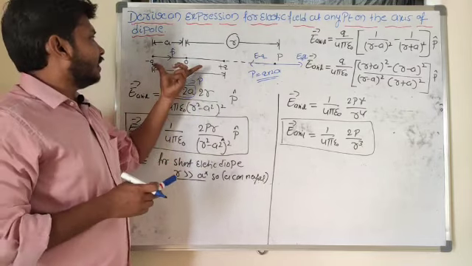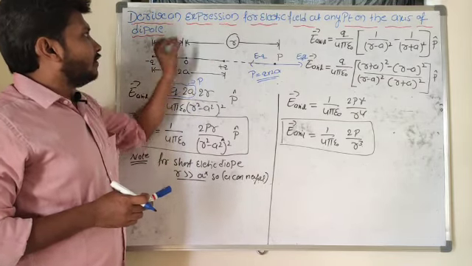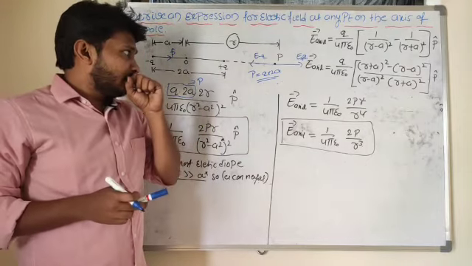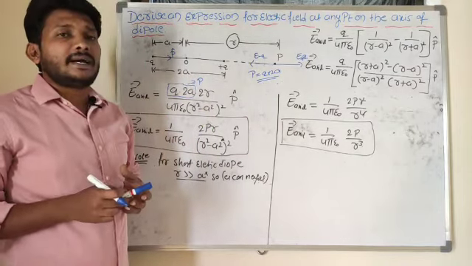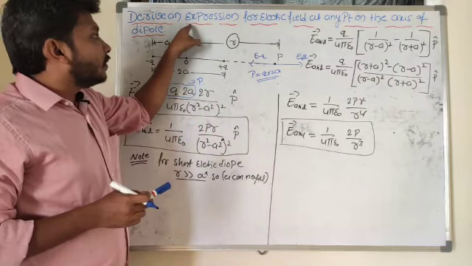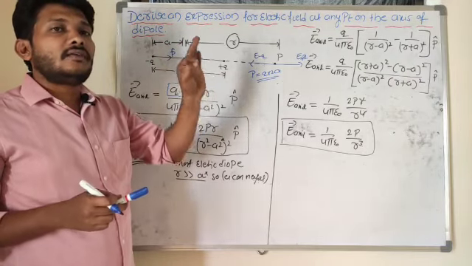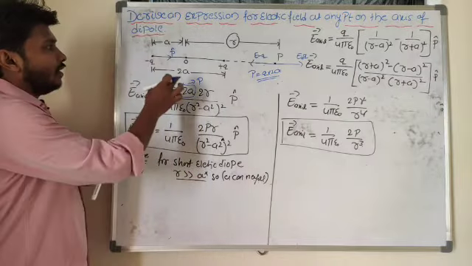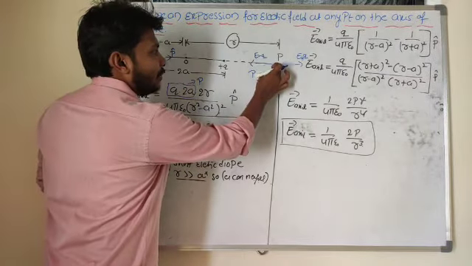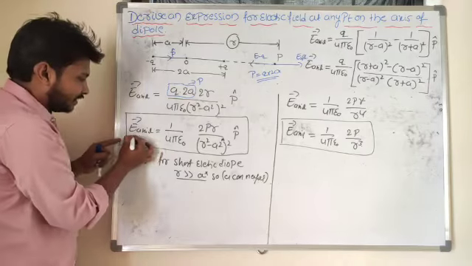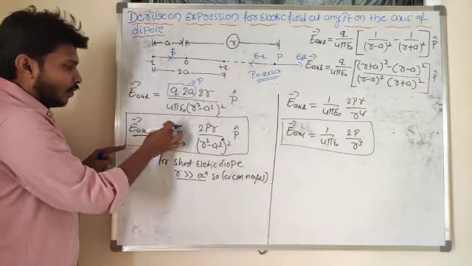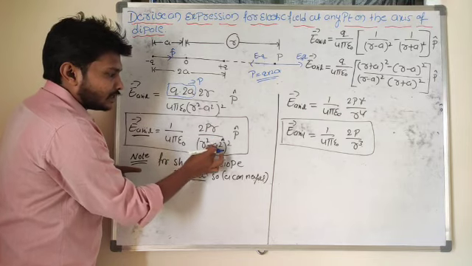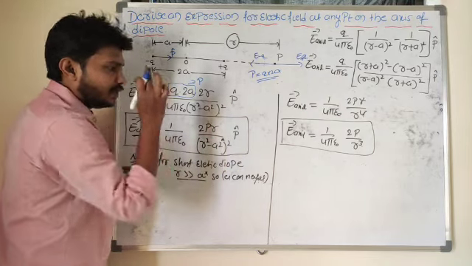Next I will calculate that for an electric dipole. I will choose the point on the equatorial line. The equatorial line is nothing but a perpendicular bisector. So at that equatorial point, what will be the value of electric field strength? I want to calculate here. What will be the value of electric field strength due to a dipole at axial line? Electric field strength at axial point is 1 by 4 pi epsilon naught 2p divided by r square minus a square whole square into p cap.